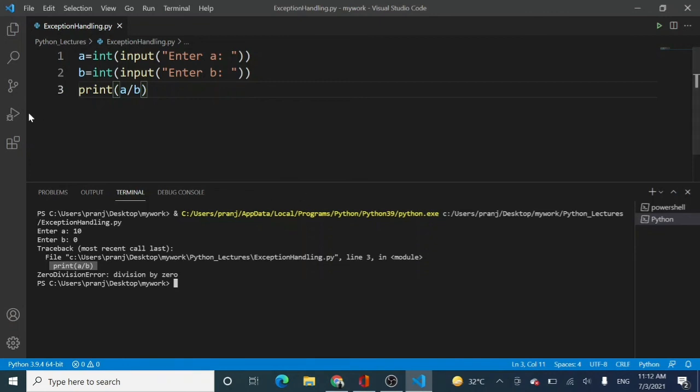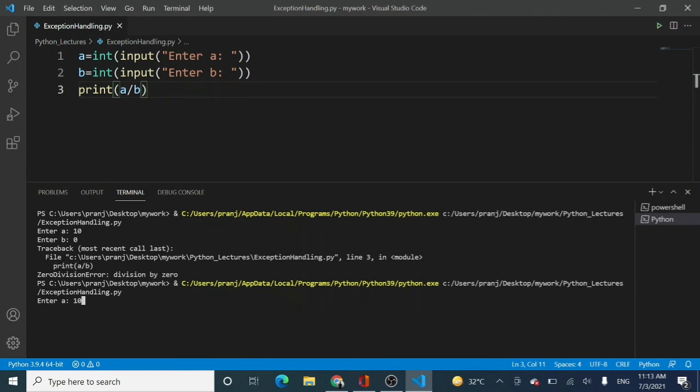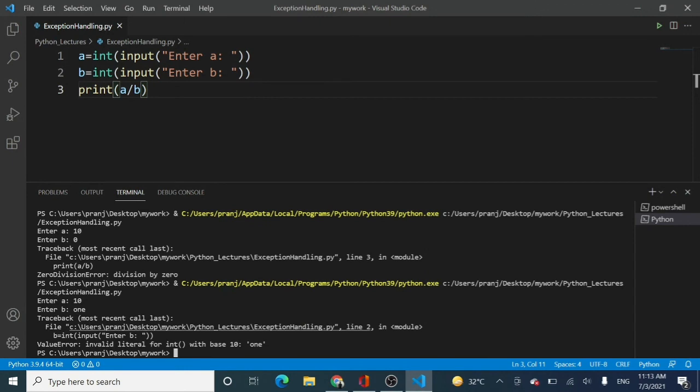I know that this particular statement is the one having the ZeroDivisionError. If I rerun the code and enter 10 and then 1, I know this is the statement where I can have the error.